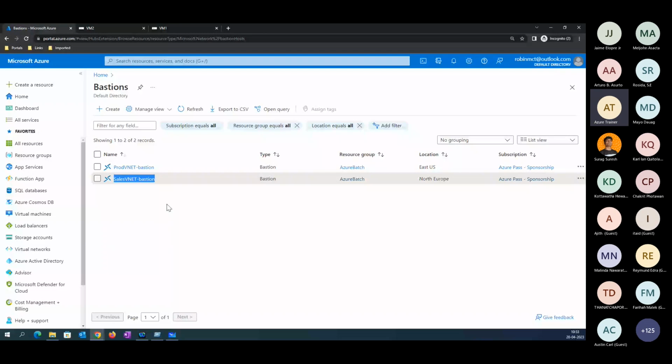Technically, it's been created at the VNet level. Yes, good. Now, there was another question in the chat. Rollings was asking how this Active Directory integration, authentication or authorization is being done. There are two ways this is happening here.